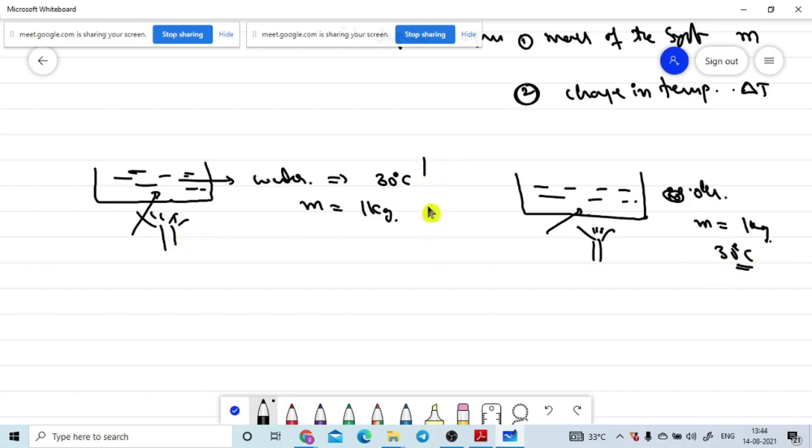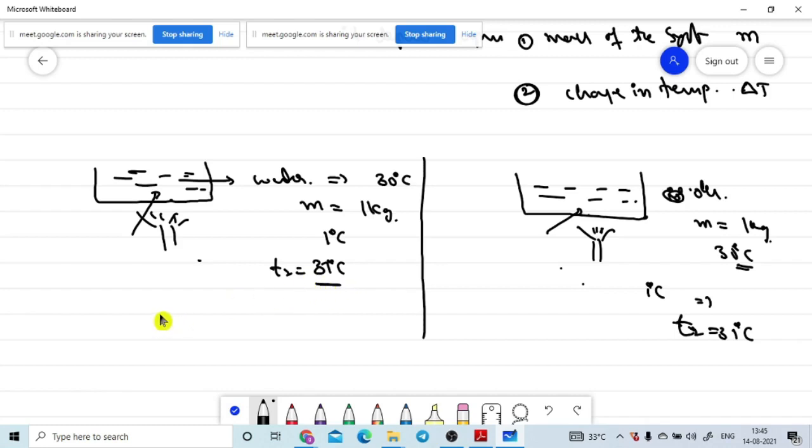You may feel that these two systems will take the same amount of heat energy, but I need to go to 31 degrees Celsius as the final temperature. My question is clear. Can you guess whether the same amount of heat energy is enough to supply to the system to raise the equal amount of temperature to T2? No, sir.